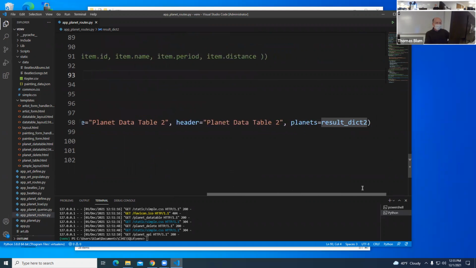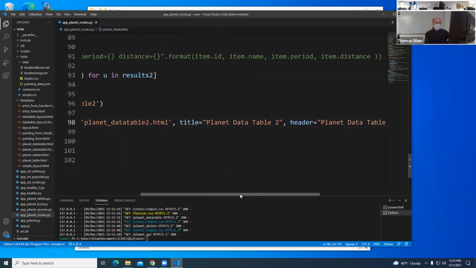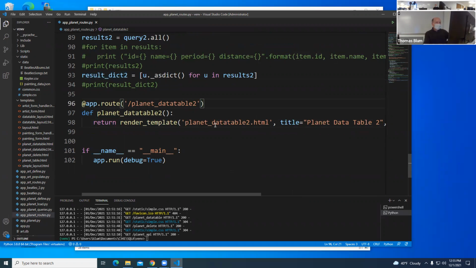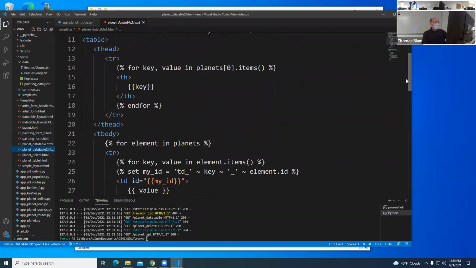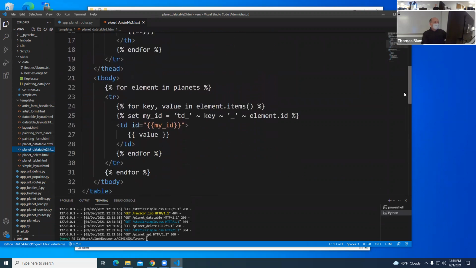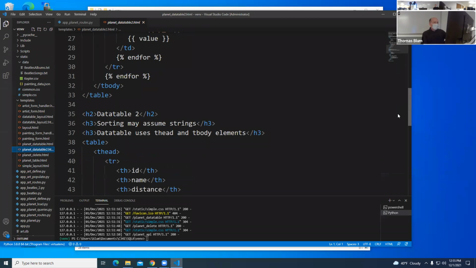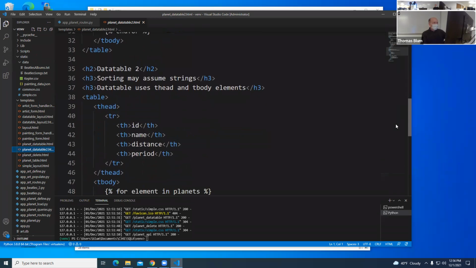That's getting sent over to this data table, and I have a new data table 2 HTML. I'm looping over it.